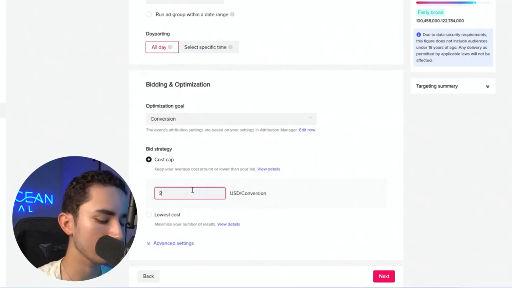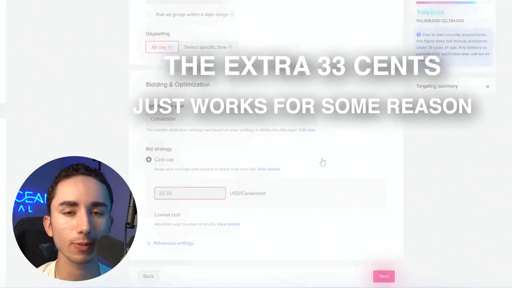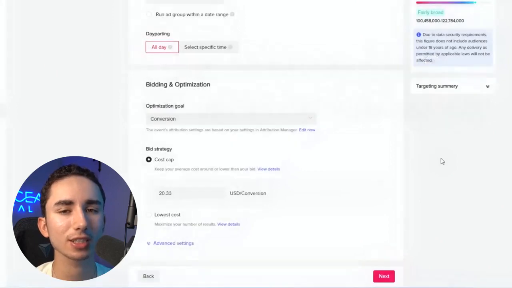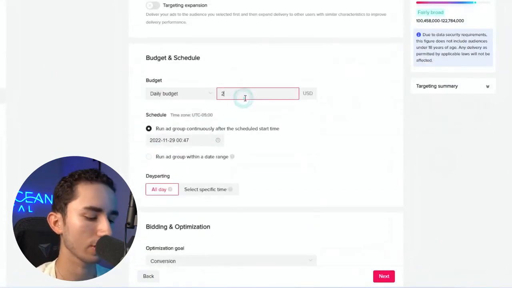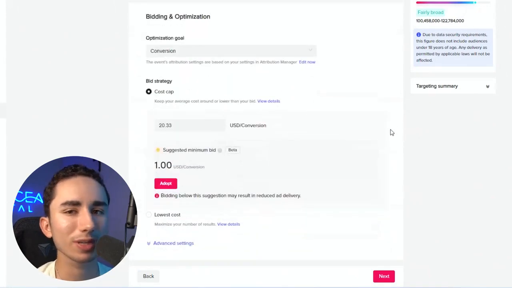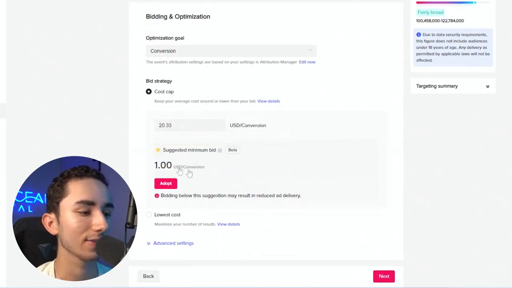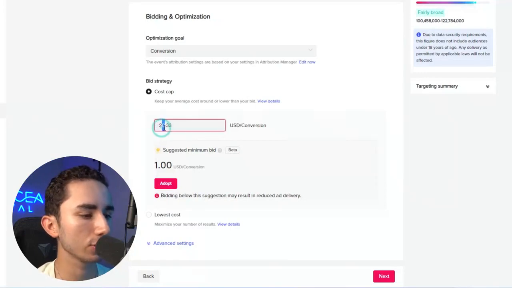I first like to do a $20 bid, $0.33. Don't ask me why. That just seems to be what gets TikTok to spend the most, because honestly, the biggest problem you typically have with bids is just getting TikTok to spend your whole budget. So you might have a budget on this ad group of, let's say, $25. Sometimes TikTok will spend $2, $3. It really depends on whatever your bid is to see if TikTok actually does spend. Now it's saying $1, don't listen to TikTok. TikTok's stupid. So you'll do $20.33 in one ad group,